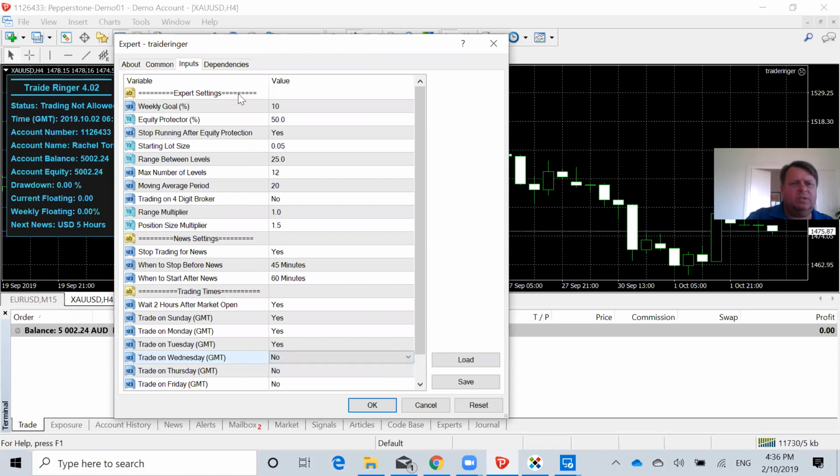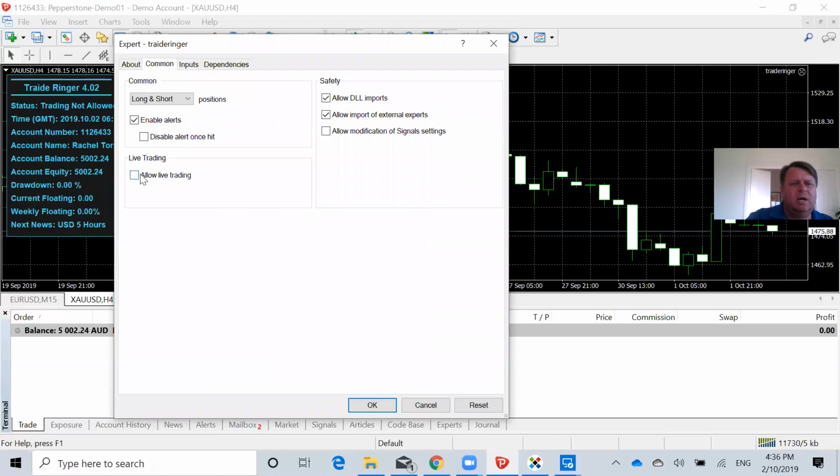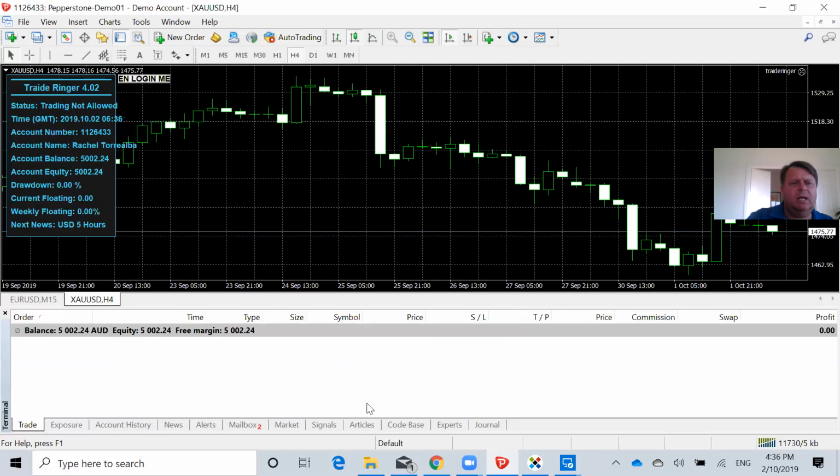All right, one of the other things we've got to do, which I didn't do, this is why it's got a little down, not a happy face here, is we come into the common, all right, and allow trading. All right, make sure you've also got DLL imports and import of external experts. All right, make sure they're both ticked, and then we allow live trading. Now, if we go okay,